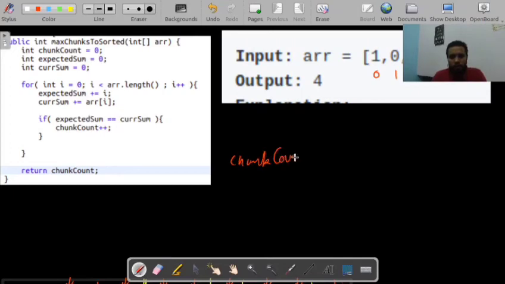Chunk count is 0. Expected sum is also 0, and current sum is also 0. Okay, so we are going to start a loop. Initially I value is 0, till I is less than array dot length. We are simply traversing the whole array. So first of all, what I'm doing is expected sum plus equals to I. I value is 0. We are at this index, I value 0, so expected sum